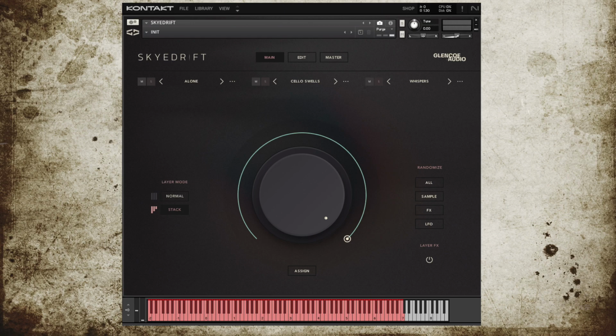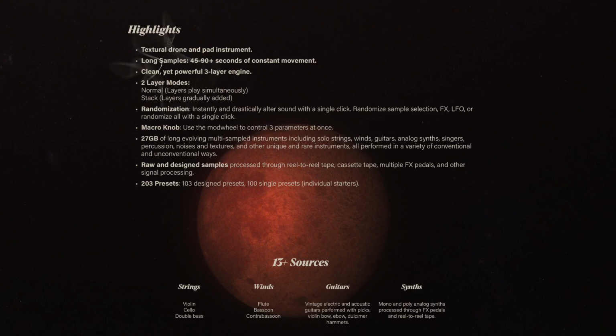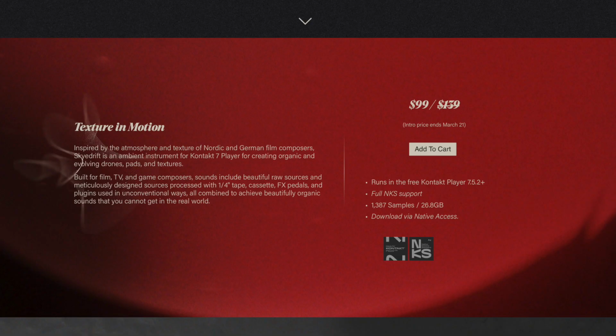And the Gizmo is Skyedrift from Glencoe Audio, a Kontakt player and, of course, full Kontakt sample library. It's got 3 slots that you can fill with this beautifully curated collection of sounds. And if you want the quick, too long, did not read version, this is the instrument to go to